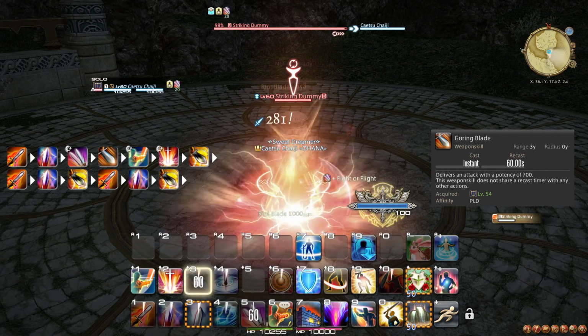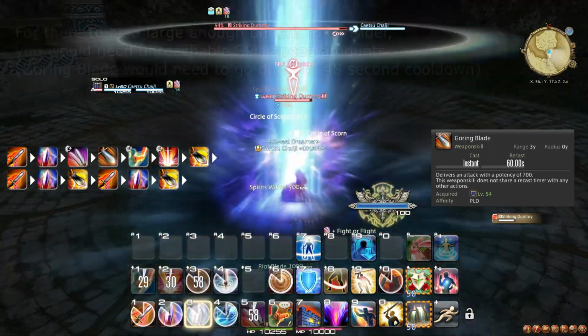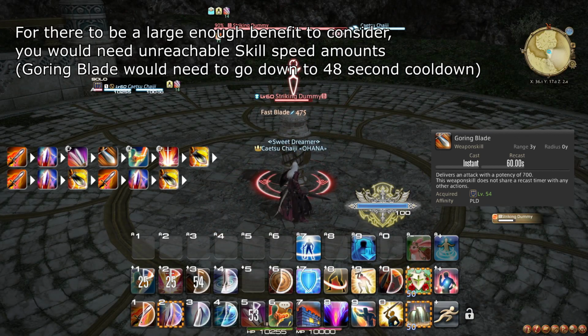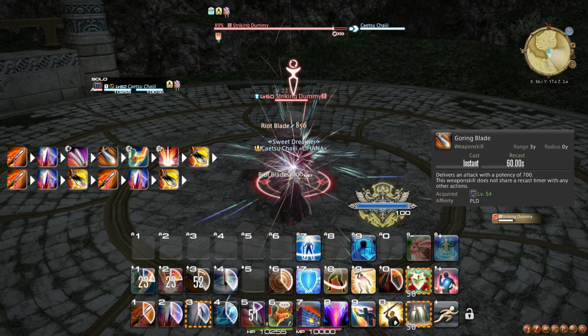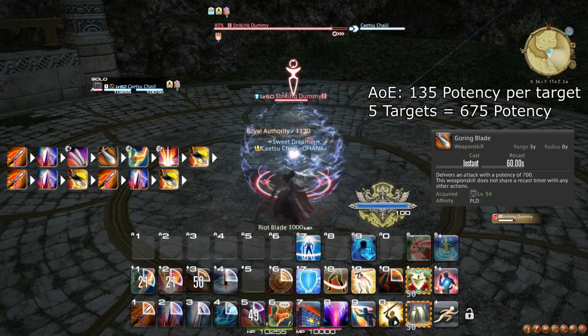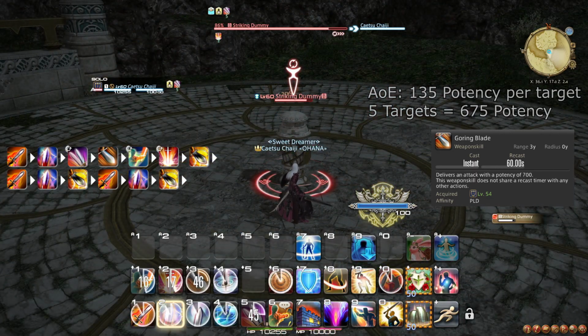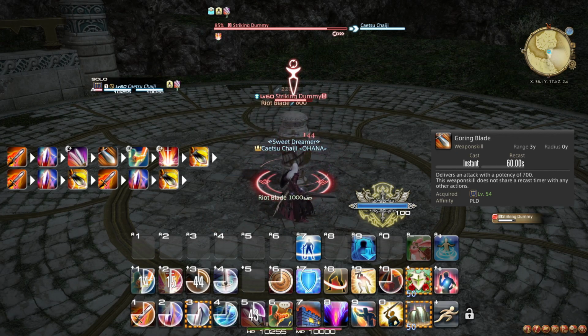While Goring Blade's cooldown is reduced by skill speed, it is better to delay Goring Blade to use alongside Fight or Flight despite this. Take note that Goring Blade is better than your AoE combo on up to 5 targets. On 6 or more targets, you should skip Goring Blade unless you want to hit a specific enemy especially hard